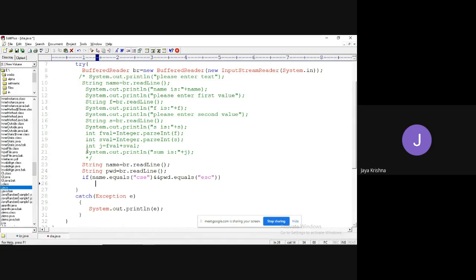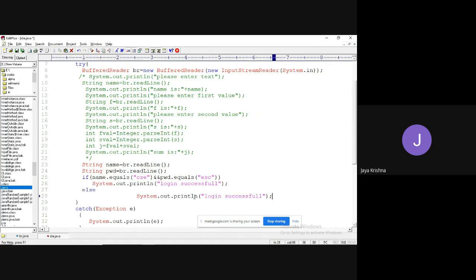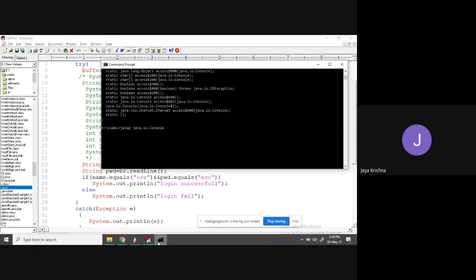If both are equal, I will show login is successful. Login success. Else, login fail. Okay, let us execute.